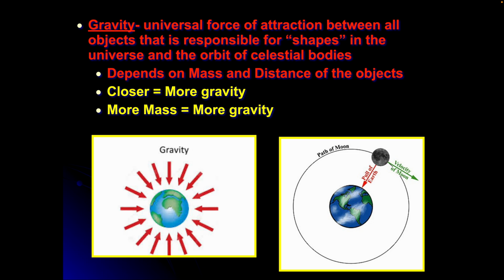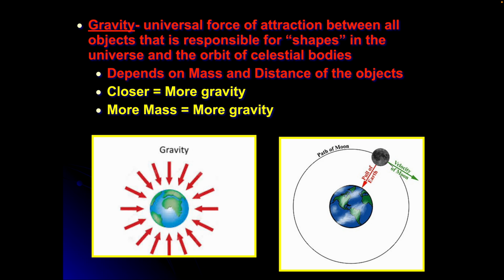It is also responsible for the shapes of orbits of any celestial body. So whether we're talking about Earth around the sun, or we're talking about our moon around us, other satellites, it's responsible for that. It's also responsible for the shape of those celestial bodies. If they have enough mass, gravity will pull them into a spherical shape, like you see in the picture on the left-hand side there. Not everything has a spherical shape. You'll see a lot of asteroids in our solar system that do not. They don't have enough mass.